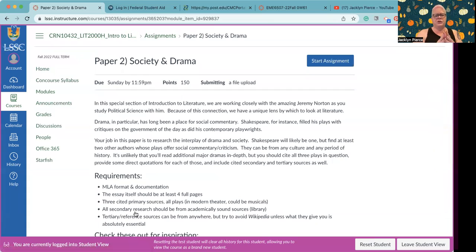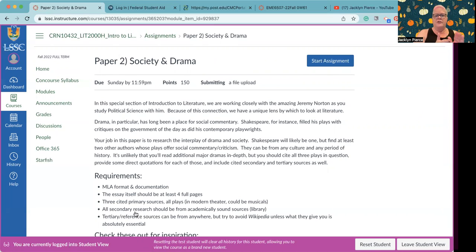For paper number 2, you're going to be working with drama and society. So plays, whether they be comedy, tragedy, history, those are the big 3 that Shakespeare worked in, or in the modern theater, we have a lot of musicals, and still have comedy and drama and all those other things.